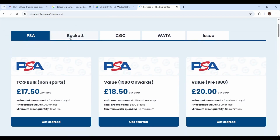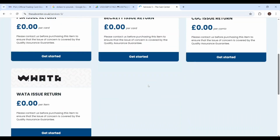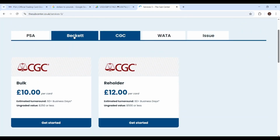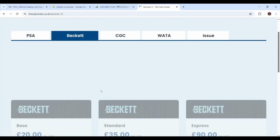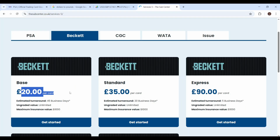So obviously you've got a selection of Beckett, CGC, PSA, and some of the other companies. Obviously CGC is cheaper, right? It depends if you get tens and so on, but I always prefer PSA, the gold standard. Beckett is slightly more expensive at £20 a card, but you get that shot at the black label. So if you have the most pristine, perfectly centered card, no edge wear, no scratches, centering, corners, everything's perfect,